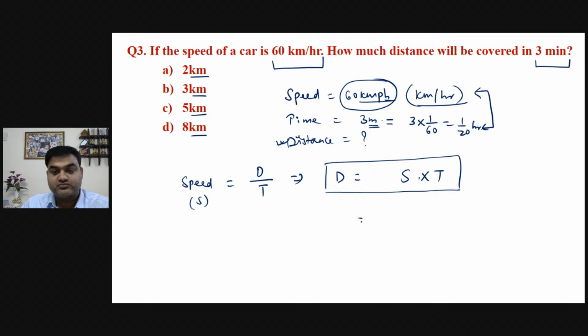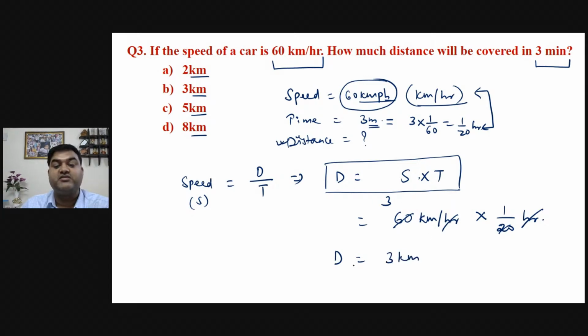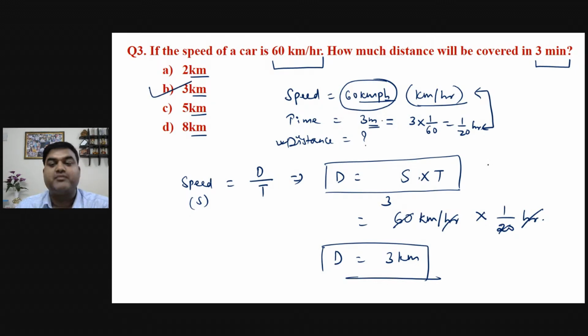Now use that. What is speed? Speed is 60 kmph. Write down km if you want, kmph, kilometer per hour, into what is time? 1 by 20 hour. This hour and hour gets cancelled. Why? Because this comes down, and this gets cancelled, and 3 will be the answer. 3 kilometer is our answer. Got it? So it was very easy. We have to use this formula, but only change was